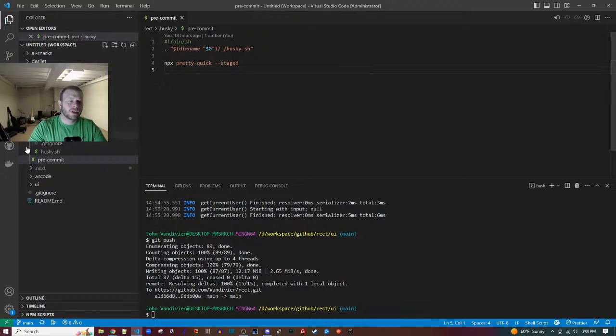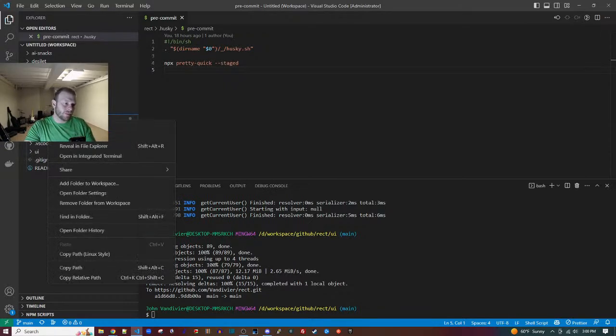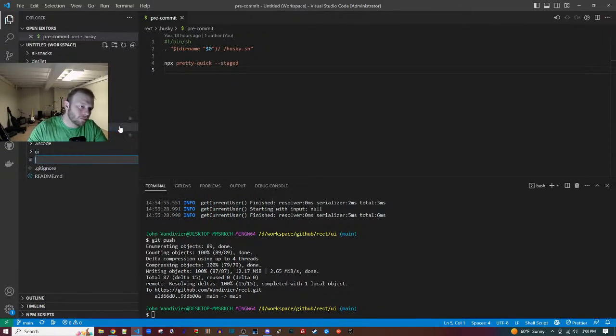Cool. Now we want to do some Python. So we have this UI folder, and now we can make, what should I call this folder? Transform service. To underscore or not to underscore? That is the question.